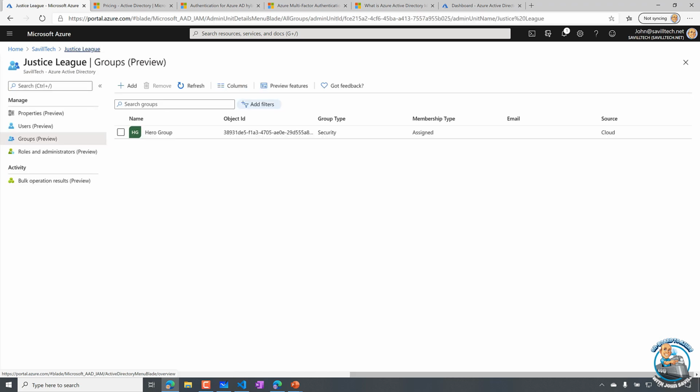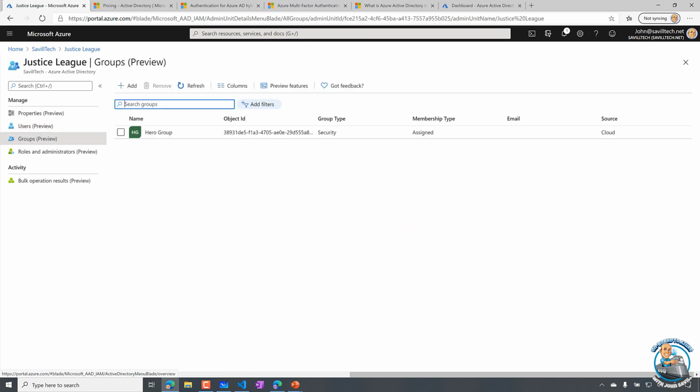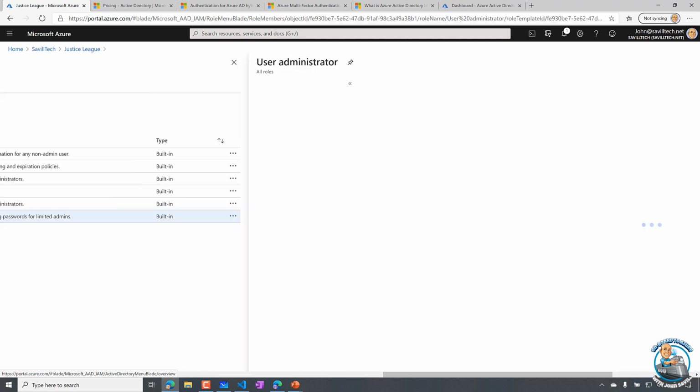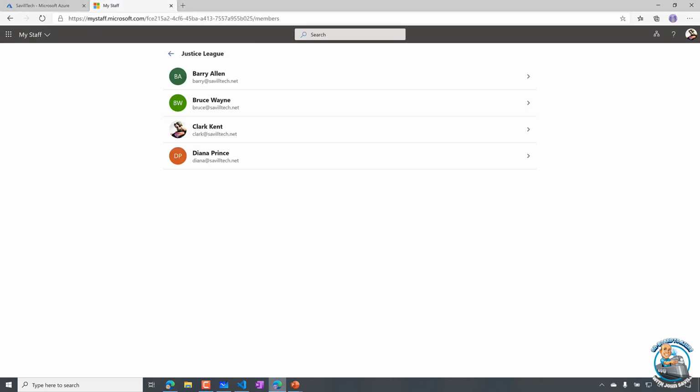So, under there I've got 4 users I can manage and a group with Thor in it. And then I can grant certain roles. This is preview, it's limited today. But for user administrator, I've given Clark Kent user administrator. So that means I can do things like reset passwords. So if I now act as Clark Kent